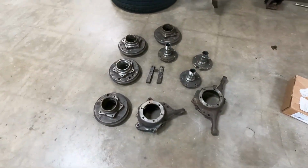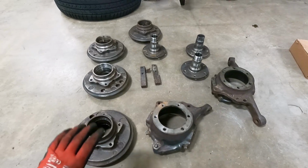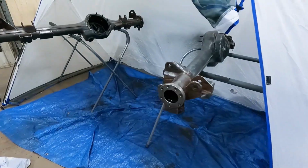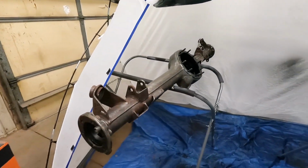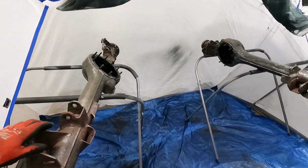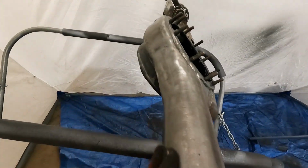So we got everything needled, wire wheeled, and sprayed off. Just about ready to throw some new finish on them. Have our axles in our little spray booth back here. They're just about ready to spray. We're gonna Scotch-Brite these guys up, wipe them down, put some primer on them, and I think they will look